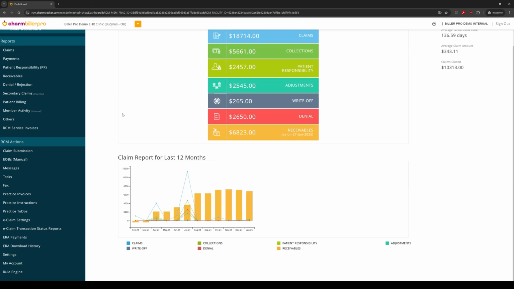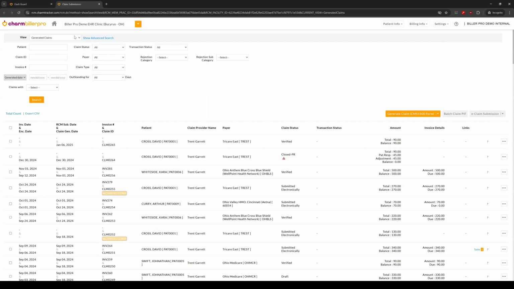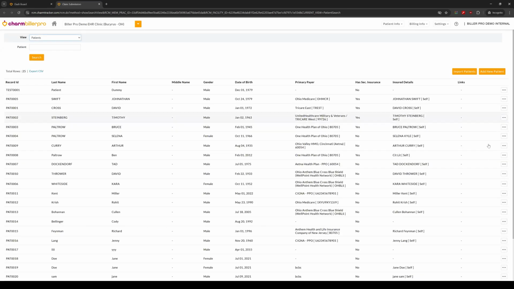So I do want to conclude this webinar by going over the EHR integration and how this looks from the EHR side of things, because if you have an EHR, like if you're a Charm EHR customer, then this is a two-way transaction. So if I was a biller checking eligibility for a patient through here, and I ran an eligibility check and saw that the patient was inactive, it would actually update the patient's eligibility in Charm as well. So the practice's front desk could also see that the patient is listed as inactive, and that can be a useful thing. So let me just switch over real quick to